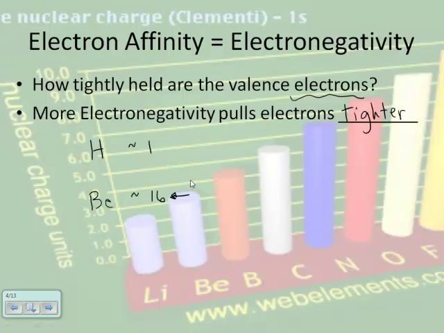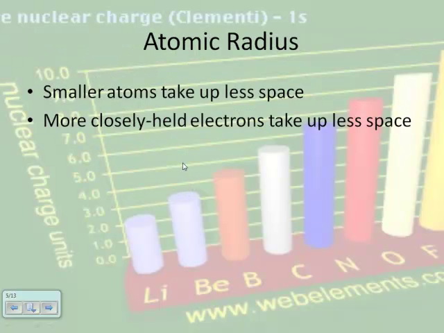Let's look at the atomic radius. Atomic radius, again, is governed by Coulomb's Law. If you can pull the electrons harder, then you'll pull them closer to the nucleus, and they'll take up less space. Of course, smaller atoms tend to take up less space. So comparing hydrogen and beryllium, we would think hydrogen is